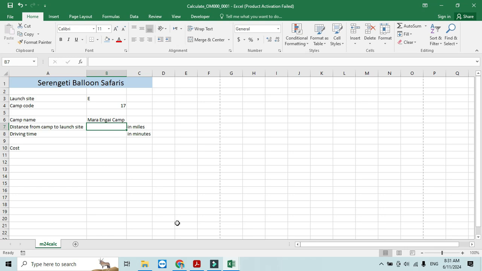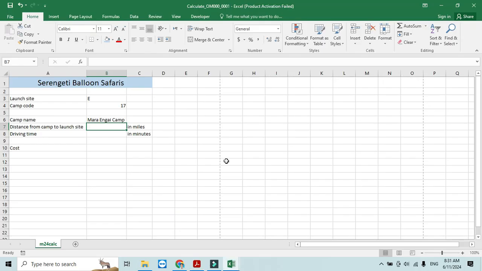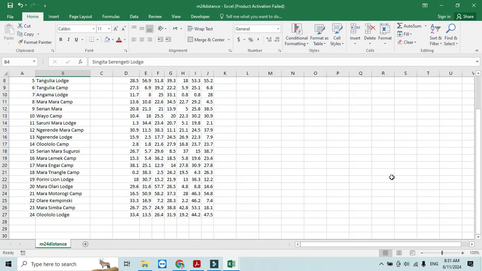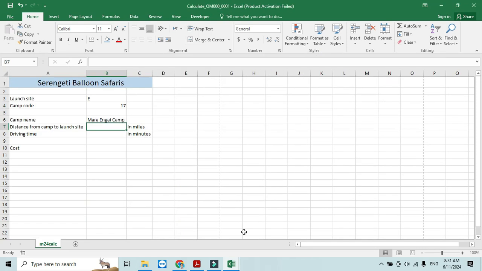That's it. Now in the next step they mention here, place a formula in cell B7 to look up the distance in miles from the lodge or camp using the launch site and the external file for this one. So we need to look at the launch site code, and then we need to get the distance. If you can see here in this table, there is the launch site and then this is the value. So the data is arranged in horizontal order. That's why we will use HLOOKUP. So equal to HLOOKUP,